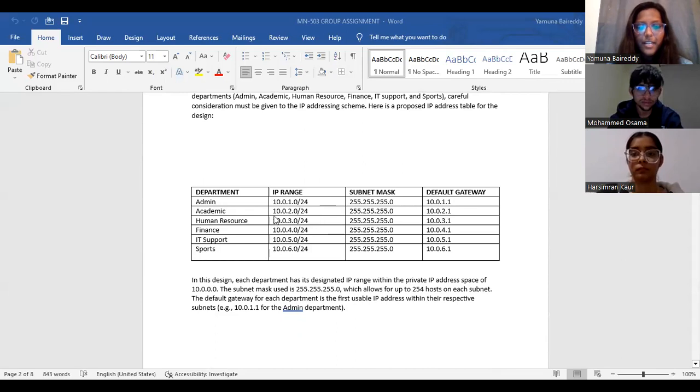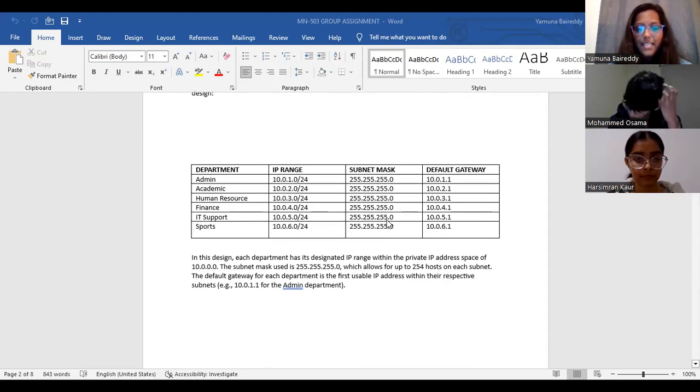ranges like 10.0.1.0/24, 10.0.2.0/24, 10.0.3.0/24, 10.0.4.0/24, 10.0.5.0/24, 10.0.6.0/24. Subnet masks are the same as